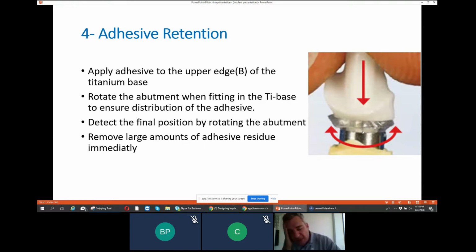Listen, when we are working with single restoration, in some cases it doesn't matter because maybe we will make cutback crowns. We can adjust it a little bit and we can add some porcelain and it works. And even if we are making full zirconia restoration, maybe we can adjust it a little bit. But when we work with 2 or 3 crowns, it's not easy to adjust. So that's why we need to follow the steps to get the right position and the right shape of your